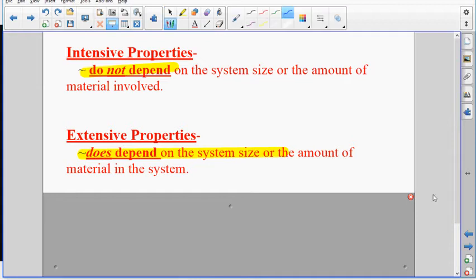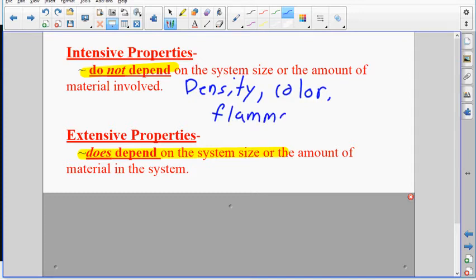So again, there's a million examples of both of these, but you want to know a couple of them. So like, maybe for intensive, you know density, or color. What about one of the ones we already talked about? You don't have to write all these down. Flammability. Whether something's flammable or not does not depend